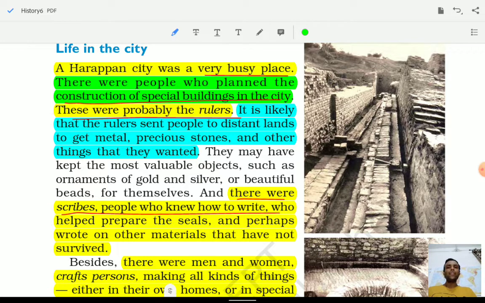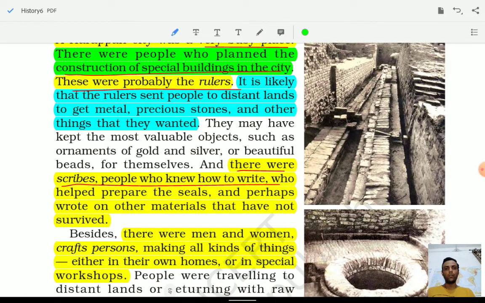There were people who planned the construction of special buildings, which we have already seen, such as the Great Bath, the drainage patterns, and the strong walls, and the houses, not only single buildings but two-storey houses. There were probably rulers. Maybe there must have been some kind of ruler who used to rule the city. It is likely that the ruler sent people to distant lands to get metal, precious stones, and other things that they wanted. So if the Harappan Valley civilization was ruled by any king or any ruler,